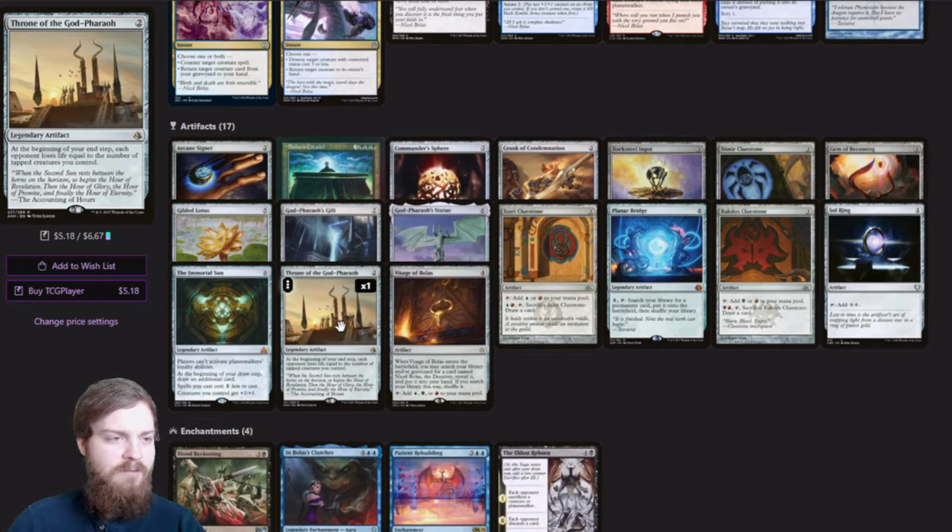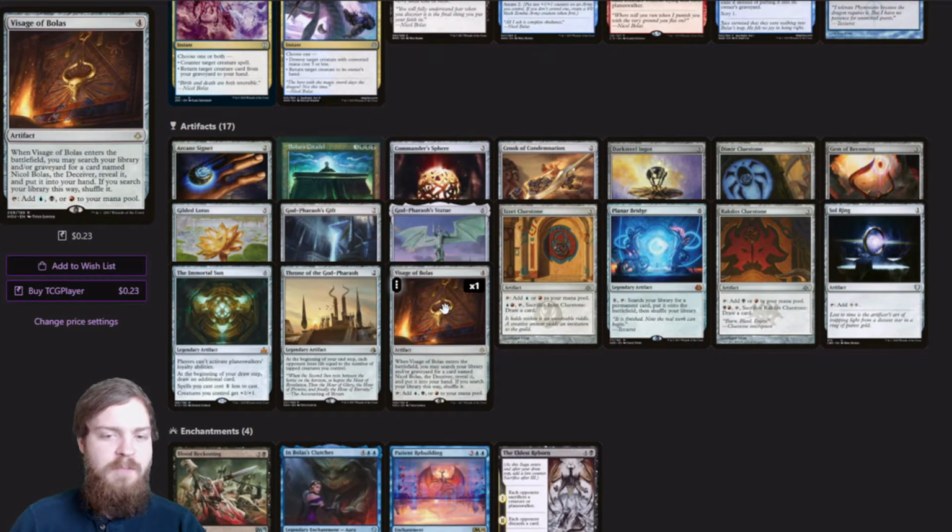Then we've got Throne of the God-Pharaoh, which is a pretty obvious include. It's not the best in terms of our deck. We don't really have a good way to go wide, but we want to stay on theme, so it doesn't really matter too much. Then we've got Visage of Bolas, which is 4 mana